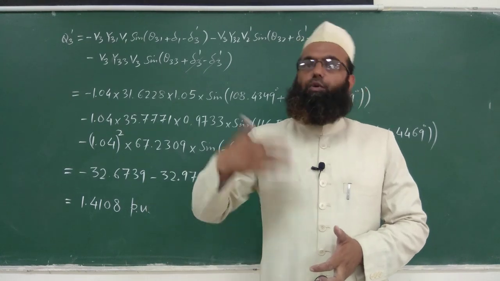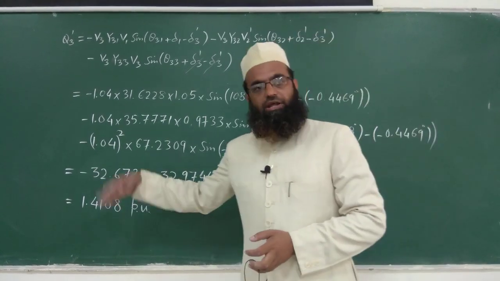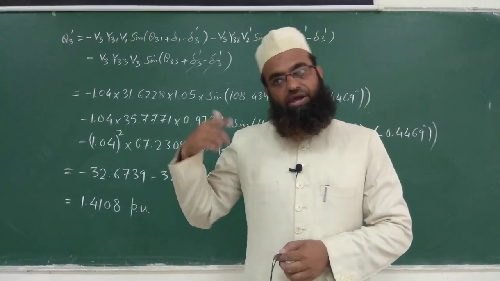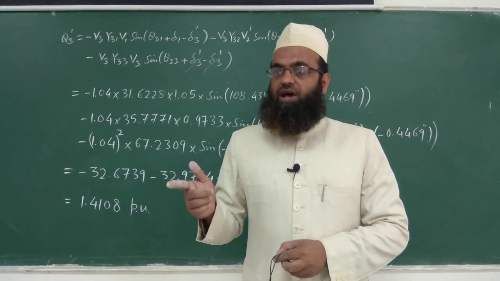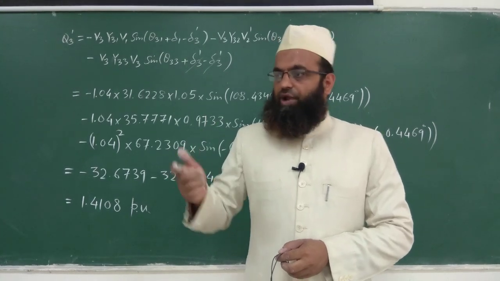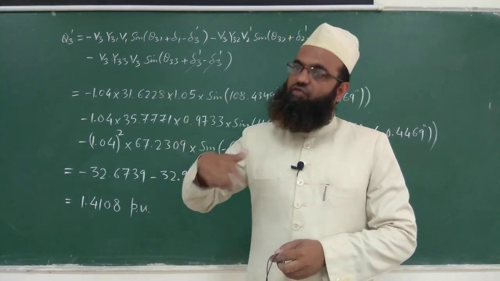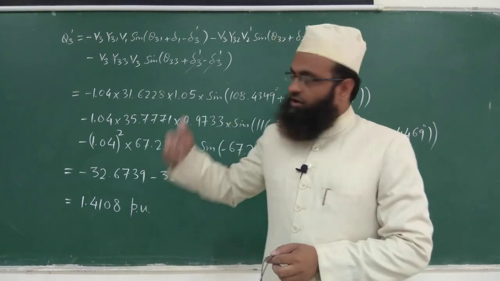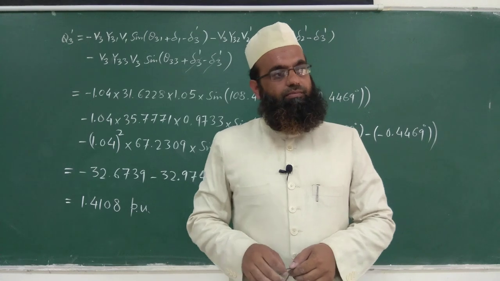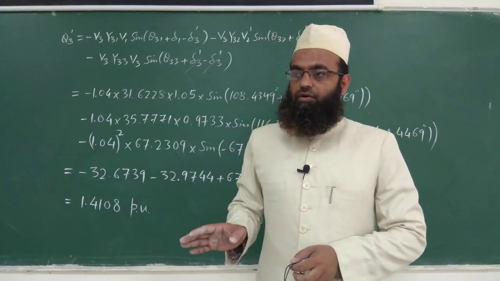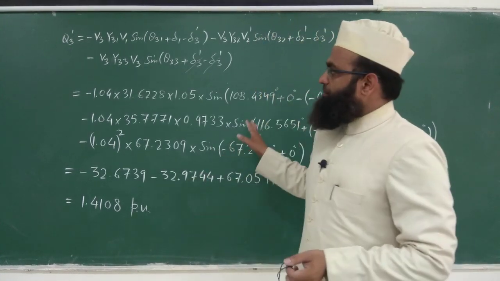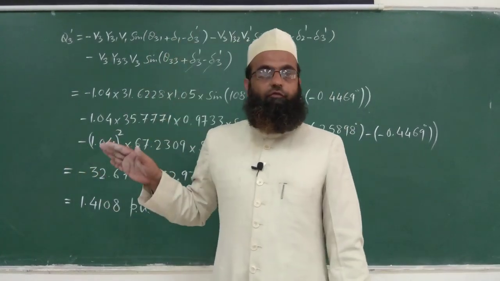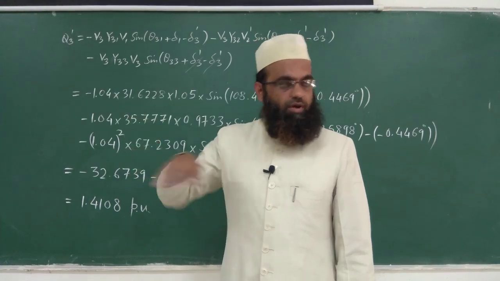Suppose at any iteration, if this is violating the limit, so what will you do? You will treat that particular bus as a PQ bus, and for a PQ bus the variables are V and delta. So delta has already been calculated. So you need to evaluate V, means you need to evaluate delta V. So again the same procedure will be used. Any doubt? So this way we have evaluated the values of the variables at the end of first iteration, which was asked in the problem.